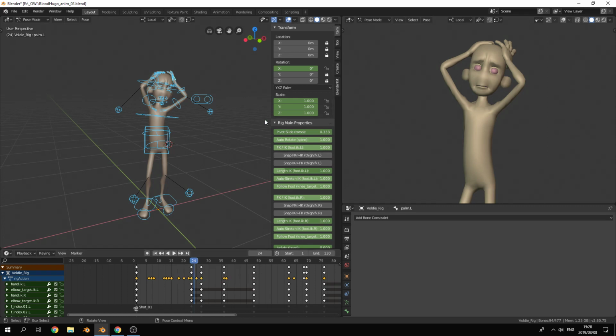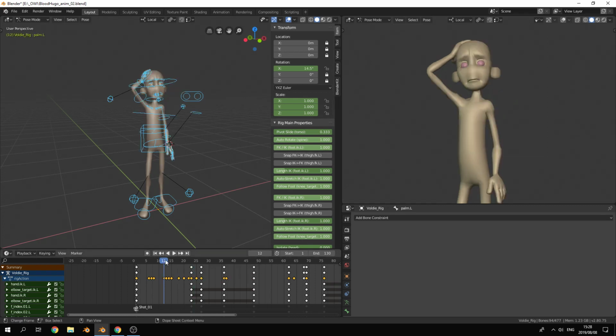as like a platform or a foundation or just a slight help, is to use the computer for what it's best at, and that is finding an exact in between these two poses, and then building our breakdown pose off of that pose. Okay, so that we don't now have to go and pose this character completely from scratch for this breakdown, and then all the things where the motion can be more or less directly in between those two, we already get for free. Okay, so what I mean by that is when I do an in-between or a breakdown, I normally